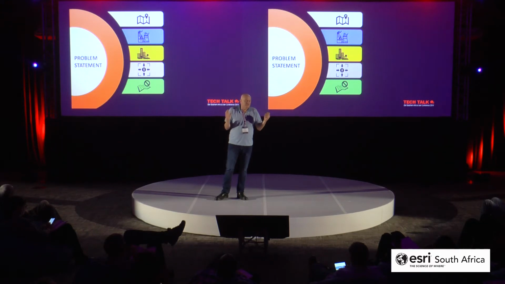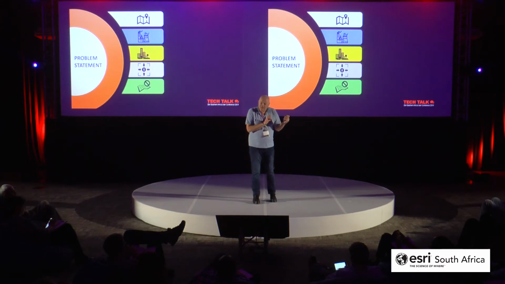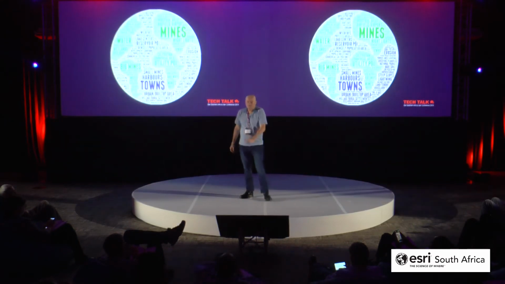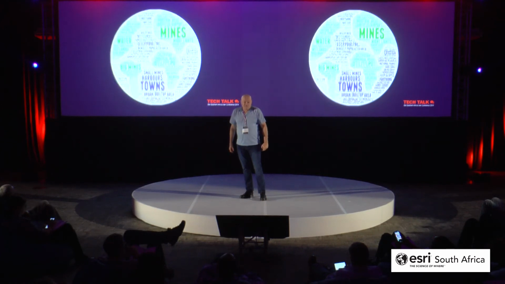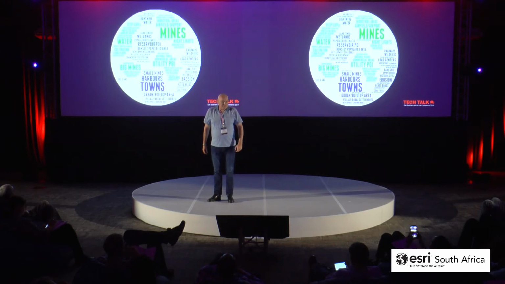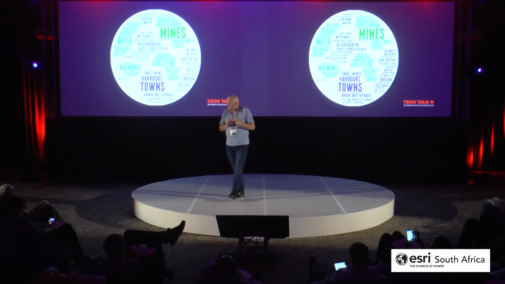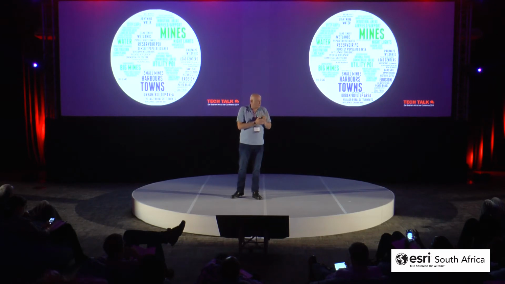The shorter the power line, the cheaper it is. And then things like limitations. We do not want to cross those areas that Craig Beach was speaking about earlier. So what are the limitations, and where can we go and where can't we go? This is just an illustration of the type of data that I had. This is 72 data sets. And these data sets had to be turned into a solution where I could start answering questions and allowing decision makers within the Southern African Power Pool to start answering, where can I place the next power station? Where can I build a transmission line which goes from one to the other?